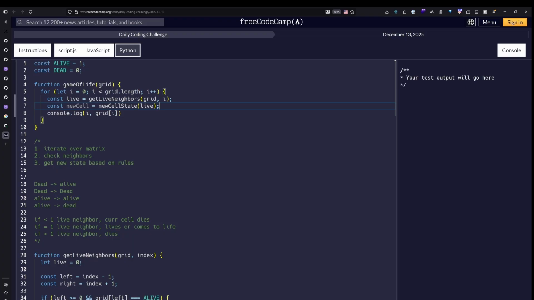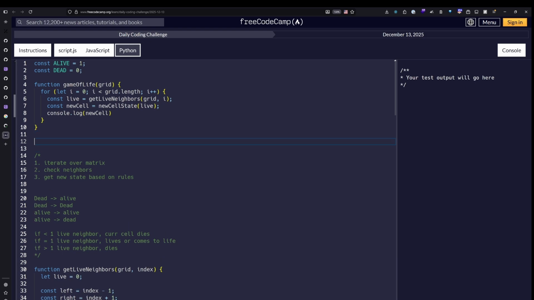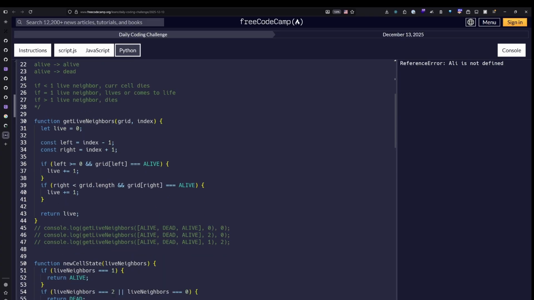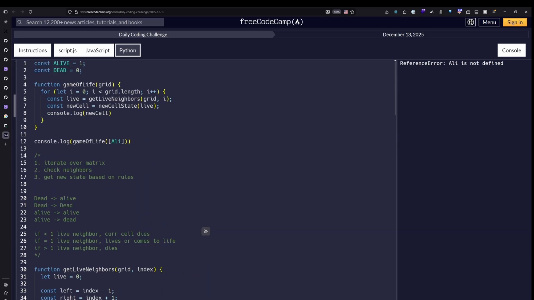And we can see the new states. For now, we can just log this new cell state, but later on, we're going to have to put it into an array. But before we do that, let's make sure this works as we expect. If we have something like, we've been using that same example, so I may as well just use it here: alive, dead, alive, we would expect in this case we should be getting,